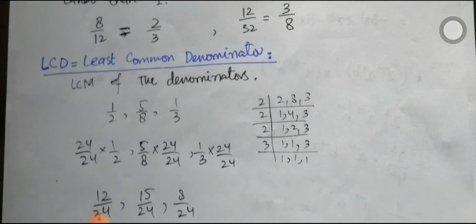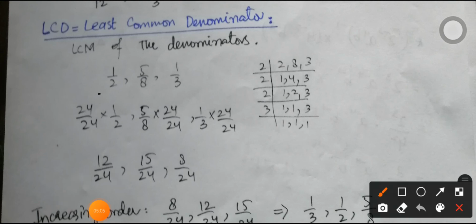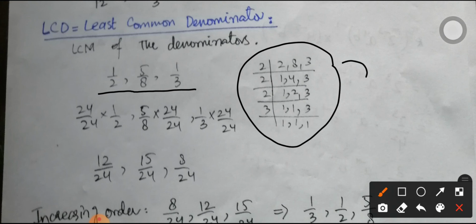The next term we are going to learn about is least common denominator. So least common denominator is basically the LCM of the denominators. And how can we find the least common denominator? Simply take the LCM of all the denominators. For example, if we have the fractions 1 by 2, 5 by 8 and 1 by 3, the denominators are 2, 8 and 3 respectively. So we will take the LCM of these three numbers and we get the resultant 24. In this case, it means the least common denominator is 24 for these fractions.